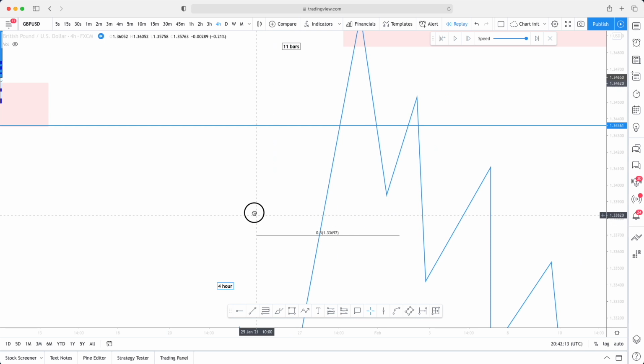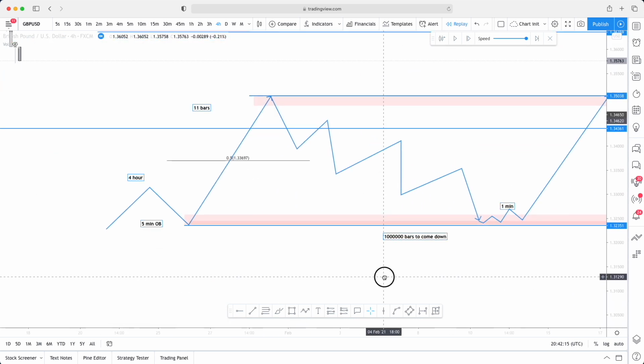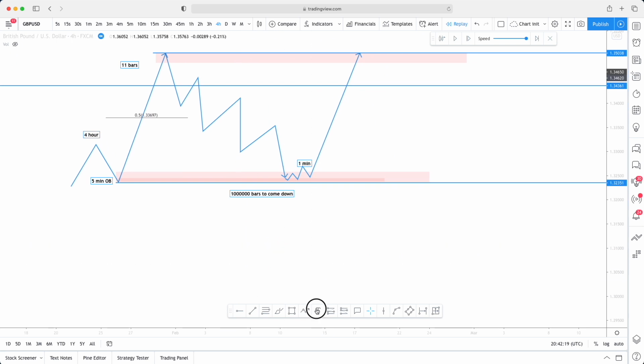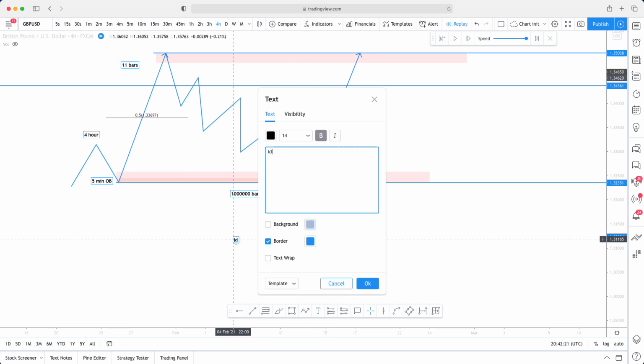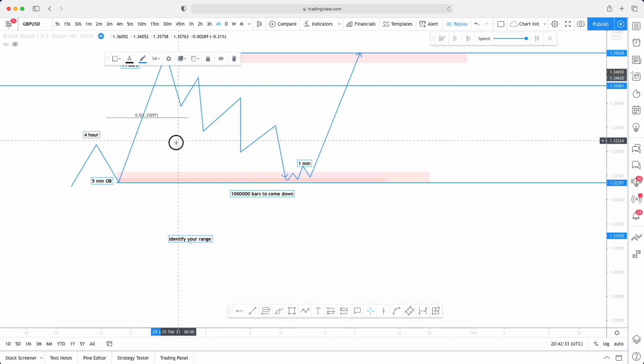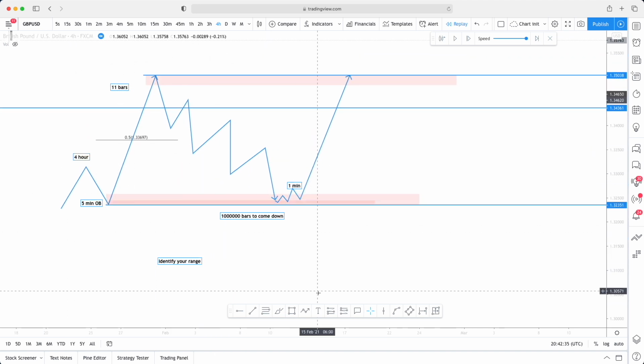But if you think about it, this is literally all we're trading: structure. Nothing more than that. So let's think about it from this point of view. Firstly, identify your range, which is your trading range. For example, the one that broke the structure from that OB. Next,